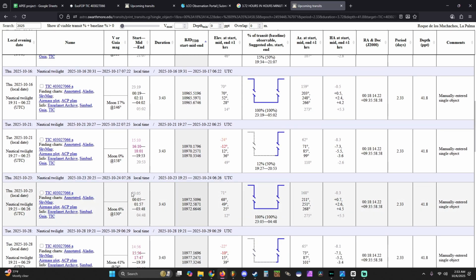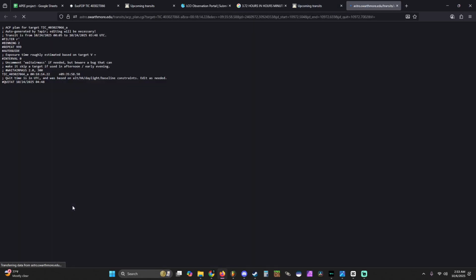So for this, the optimal baseline between ingress and mid-transit is at 11 p.m. The time that we're going to be using is UTC plus 0. So we're going to go to ACP plan. We're going to click on this, and the transit is from UTC plus 0 at midnight 05 until 03:48. However, since we have a baseline to work with, we are going to use an hour before and an hour